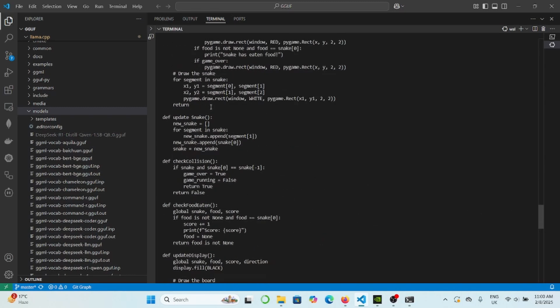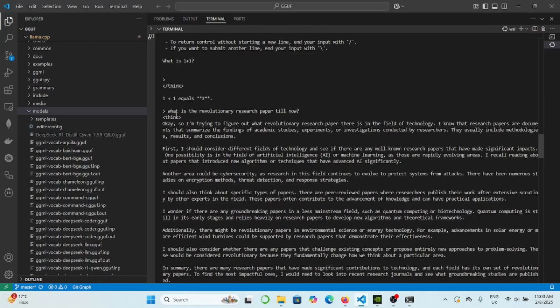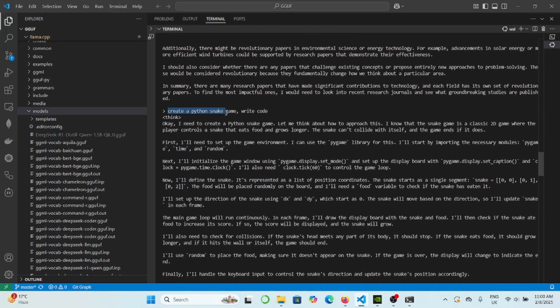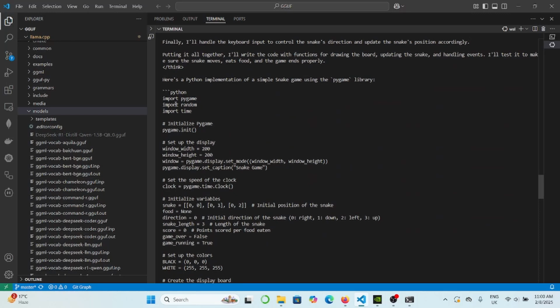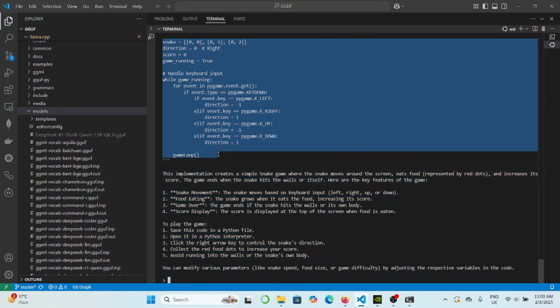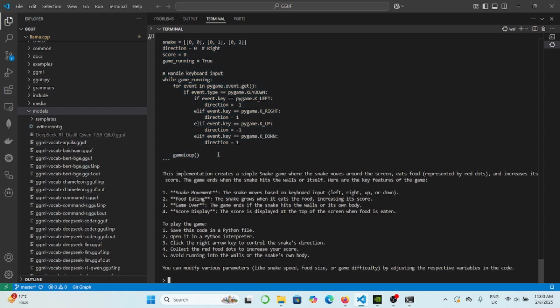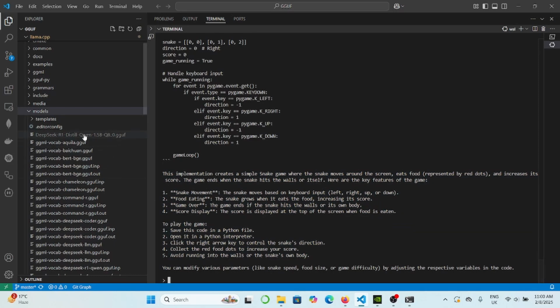Like I asked a question to create a Python snake game with the right code. It is in the thinking mode. Then it is going to write the Python code, a whole bunch of code. I can just run this code in any browser. I hope it would perform well. The main thing, it is a lot of description. The response is very interesting. The response is good because the model is just